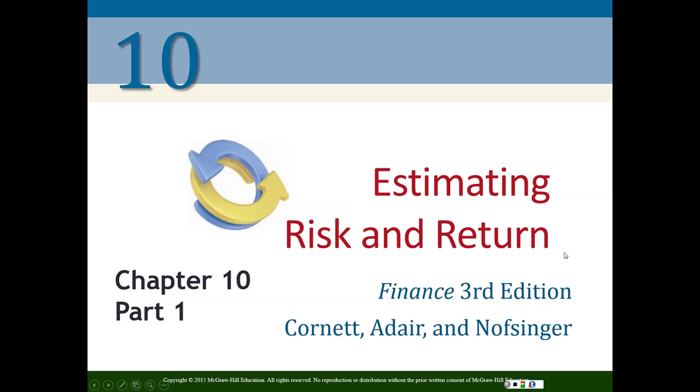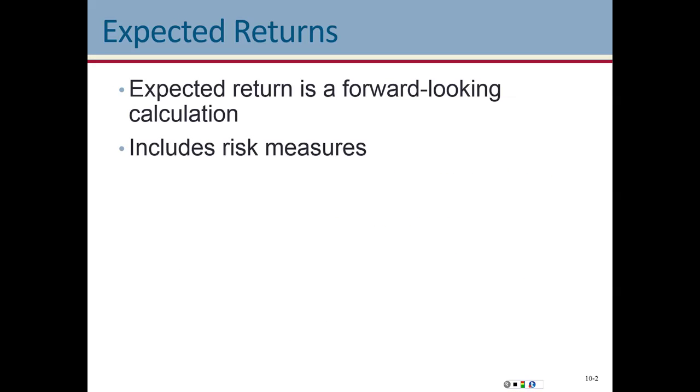This is the first part of chapter 10, and we're going to talk about expected returns. In the previous chapter, we talked about what happened before, right? What has happened in the past. Now we're talking about what's going to happen in the future. We're looking forward. We are trying to figure out what is going to happen, and we don't know what's going